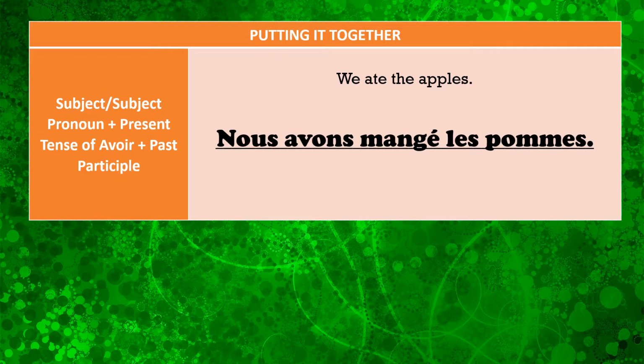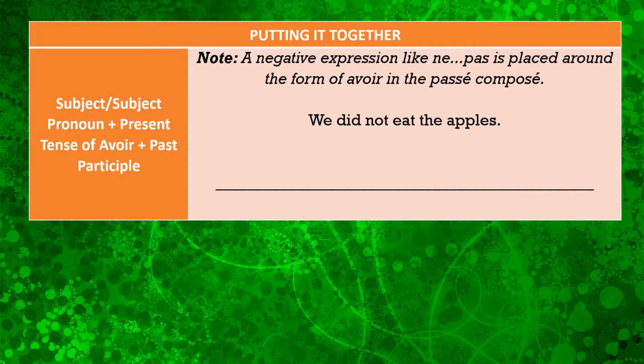But we have a few things to clear up here. What if we want to make the sentence negative in the past? All right, I want to add, for example, ne pas, to say not, to say we did not eat the apples. All right? Normally we know that the ne pas goes around the verb. But in this case, we have more than one verb. We have the helping verb and we have the past participle. So how does it work when you have two different verb forms? Where do you put the ne pas? All right, well, you do it like this.